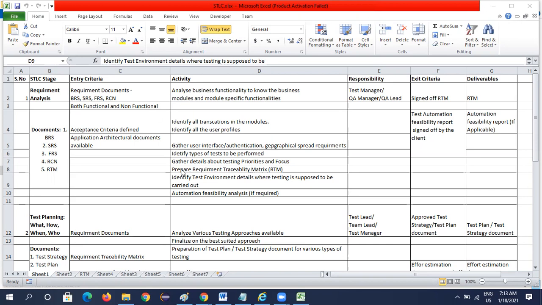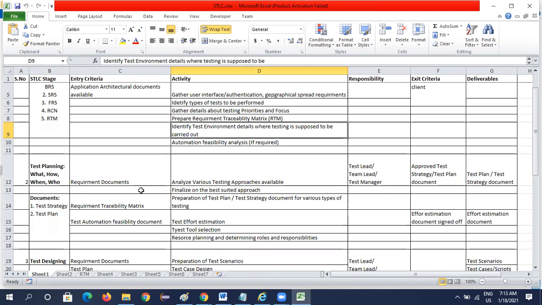Coming to the test planning section, we need to find out what we are doing, how we are doing it, when we are doing it, and who is doing all these activities. So we are finding out what, when, how, who; it's related to test planning. The entry criteria for test planning are the requirement documents we went through in the requirement stage, and the requirement traceability matrix is also an entry criteria.